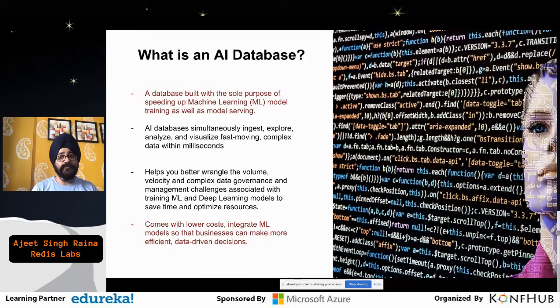Now, these are two important components. In AI, it is basically a combination of ML and DL, right? So we are talking about machine learning, and we are talking about model serving, which comes under deep learning. So how we can speed up both of these, that is where the AI database comes into the picture. And when we say data, we should know how to explore the data and how to analyze it. One of the problems you would see when you have a huge amount of data is that there are certain types of data. One is good data and one is bad data, right?